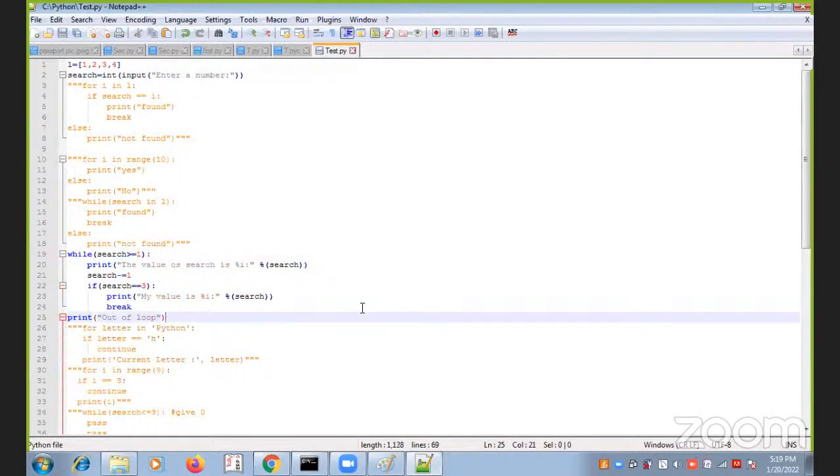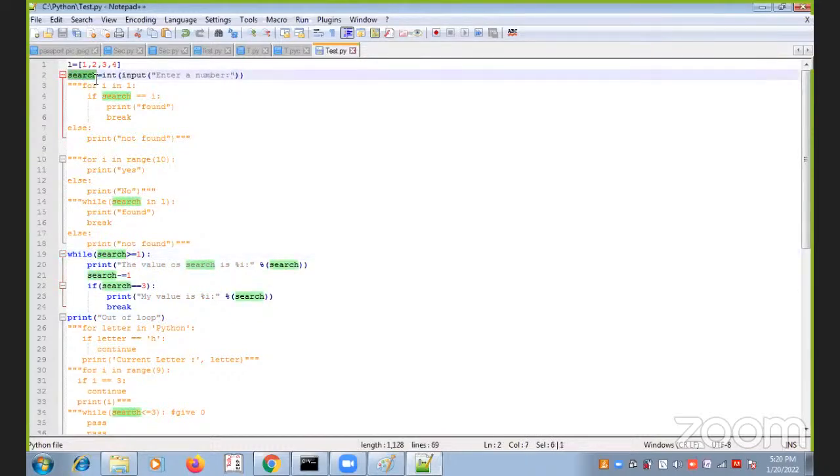Now let us discuss the break statement. As I already told you, the break statement is used to come out from the loop. Let's say here, while search is greater than 0. I am accepting search data from the keyboard. Now, while search is greater than or equal to 1,